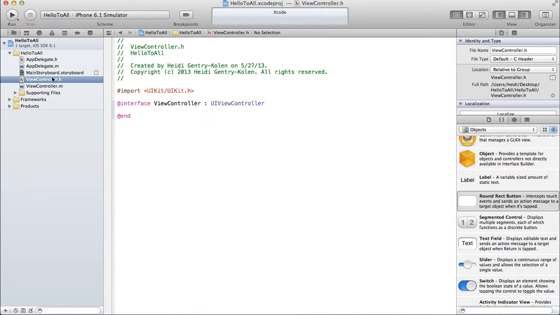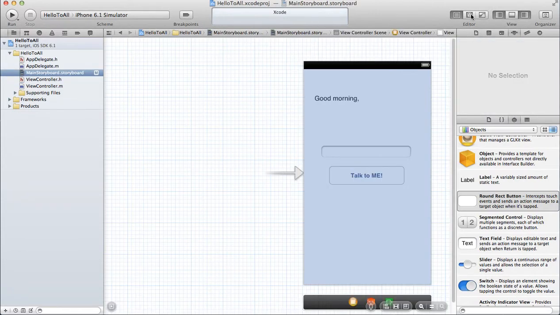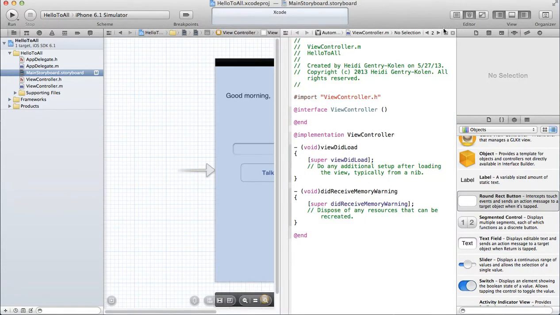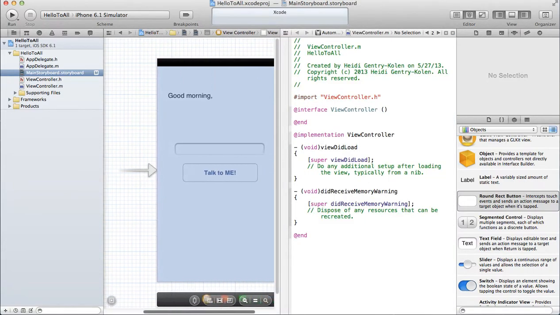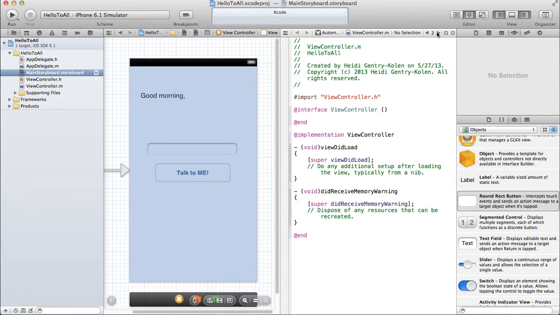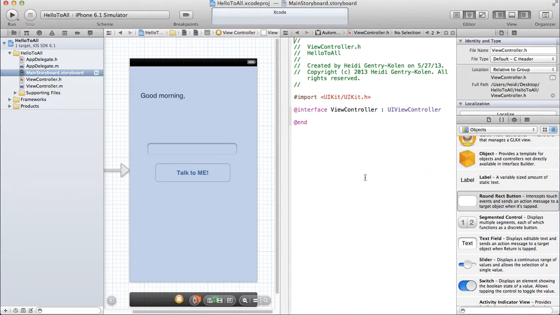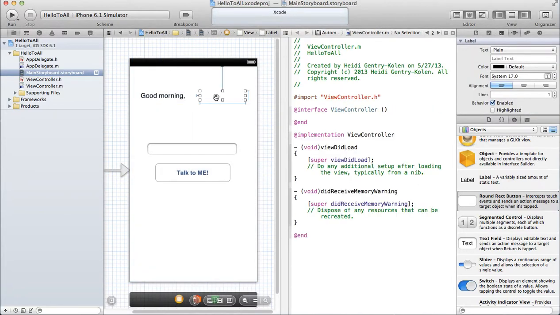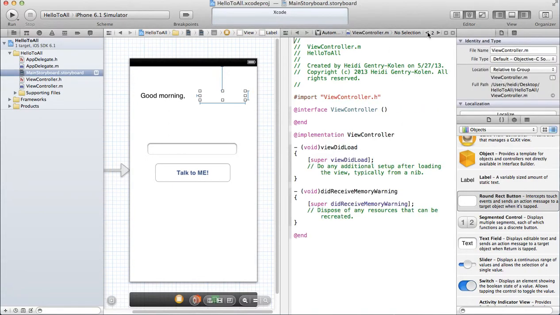So what I want to do is go back and click on my storyboard and then click on my little editor button. Line it up nicely. Get over to my .h file. And now I'm ready to associate these different objects with my .h file. So I'm going to first click on the field where the user's name is going to appear. I'm going to click on over to the .h file to work with.